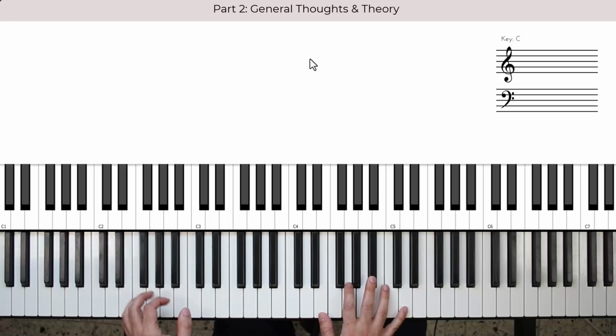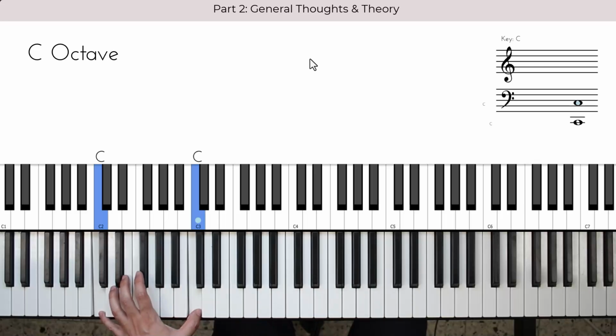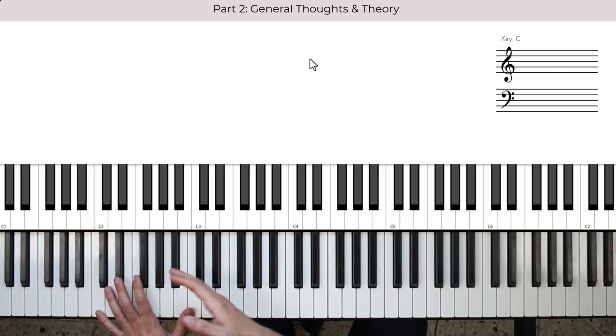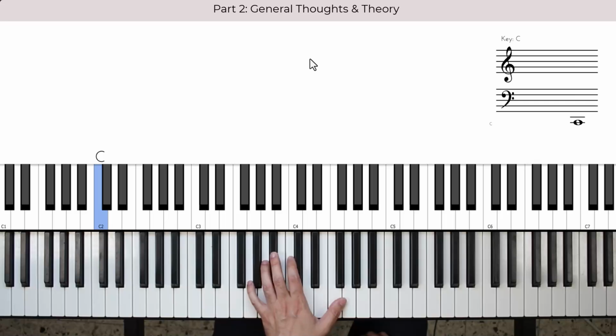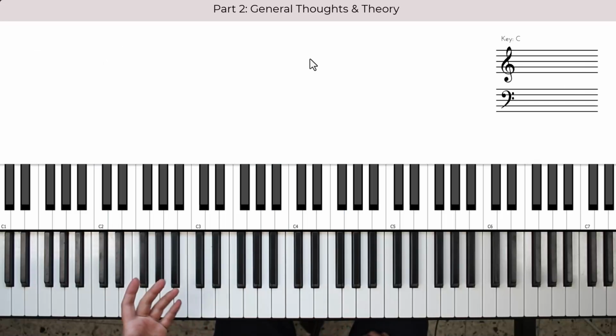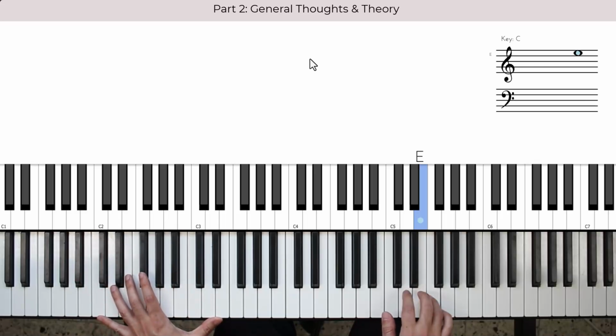At the heart of this style really is this alternating, this stride style, where you stride basically, you take a big step from the bass to your chord. You don't have to do this in a rhythmical, militant kind of feeling. You can use this for ballads as well. So for example,